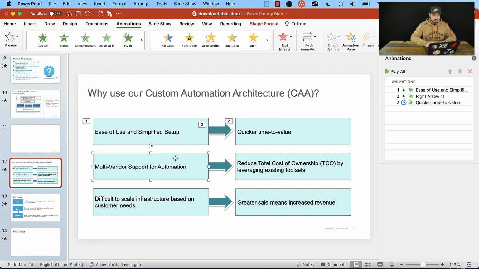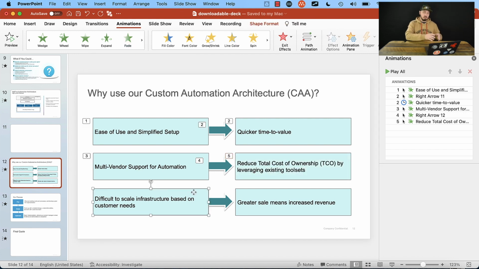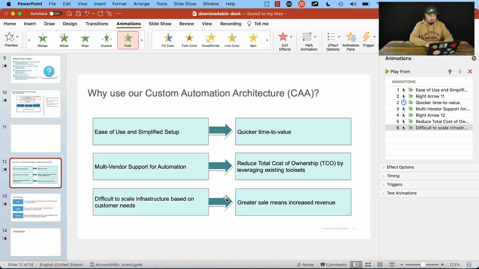So I'm gonna go ahead and select our next box. I'm just gonna pick an animation. We'll pick another one here for this one. And again, another one here. I kind of wanna show you something that I like to do. So all I'm doing is kind of going in a logical progression of animating these. This is the easiest way, by the way, because it can get really confusing as you do a bunch. So let's go ahead and